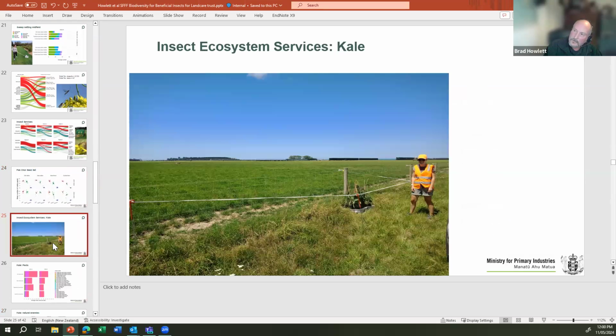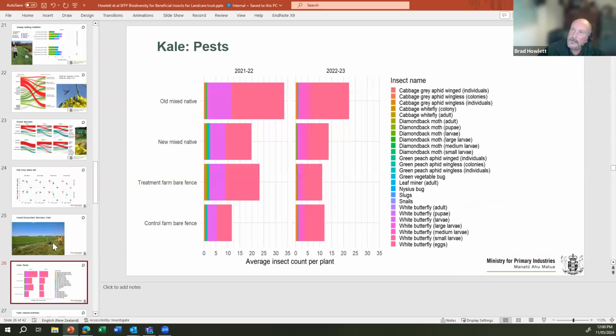Going to the kale, which we also put out. Now, this is an interesting slide with the kale pests. So those pink colors, the more purpley pink and the salmon pink, they represent white butterfly. The purpley pink is caterpillars, the salmon pink is the eggs. So the eggs have been laid, they're not actually doing damage to the plant, but we've got a lot of eggs being laid on the old mixed native, which sounds really bad. But if you take that